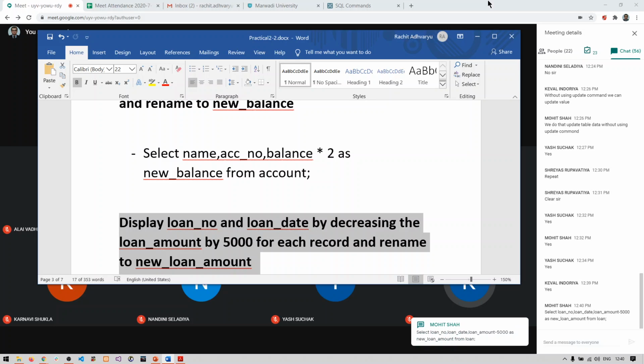Use the previous query. Yes, I have got one answer. I will say whether the particular answer is right or wrong after I get all the answers. I will wait till time. I want the answers from all 20 students present in the lab.